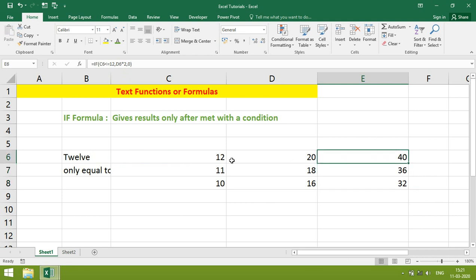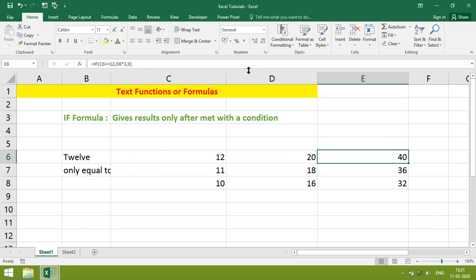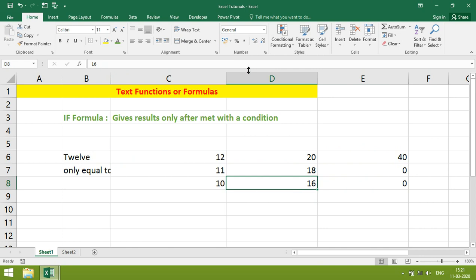The same way we can change again, F2, whether the condition may meet or not, we will see, greater than. Since numbers have values, we can use less than, greater than, equal to, whereas in text we can use only equal to.